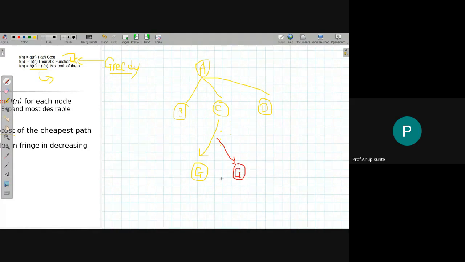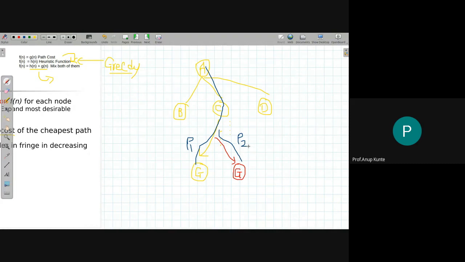Okay, so now consider that I start from the initial state A, and I'm following through this subtree, which has C at the root. Even within this subtree, there are two paths. One goes like this and the other one goes like this. So there are two paths. Path number 1, I may call it P1, and path number 2, P2. So I may have such a scenario in many different problems, that there are multiple solutions and the multiple solutions can be reached going through one single node.